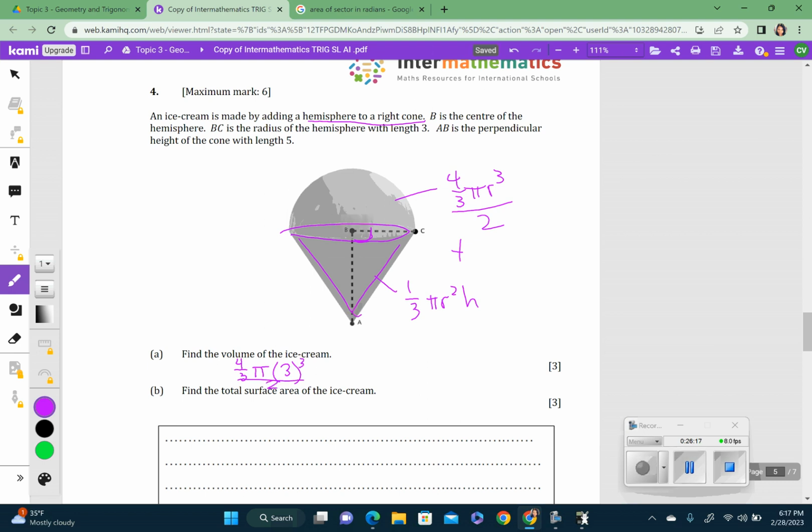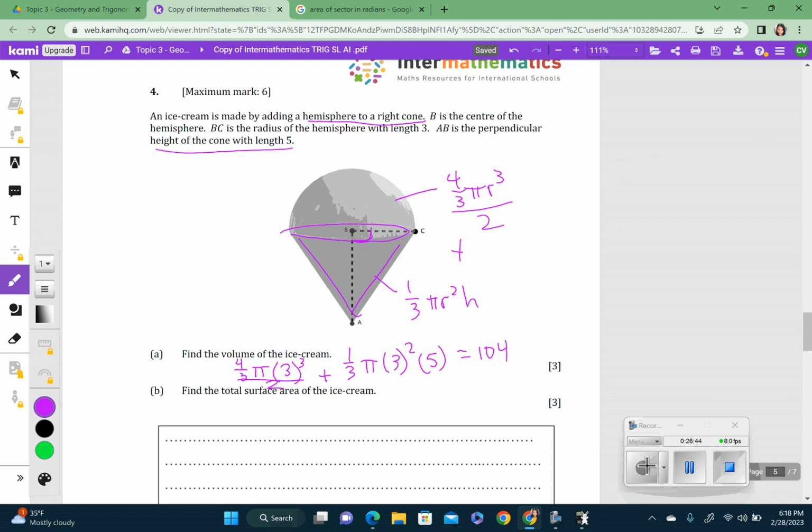Then plus the volume of the cone: 1/3 pi, our radius is still 3, so 3 squared, and the height they tell us is 5, so I plug in 5 here. Plug all of this into the calculator, and you get that the volume is about